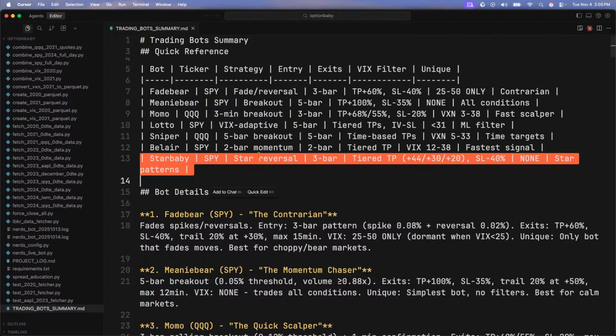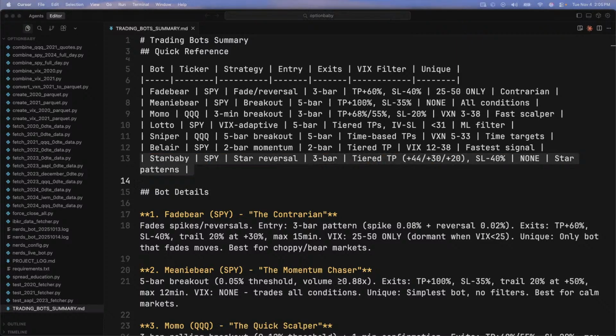But Star Baby is one I'm really proud of because it takes the morning and evening star, looks at the charts, sees how well those charts do, and then we can interact from there. That bot does a lot of great things for us. So nonetheless, what we're going to be doing today is going over